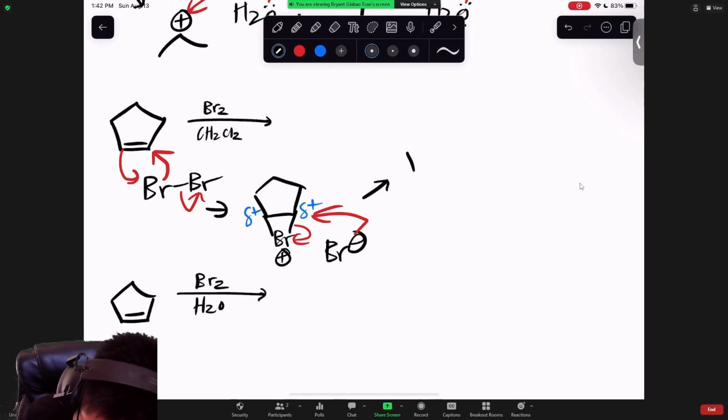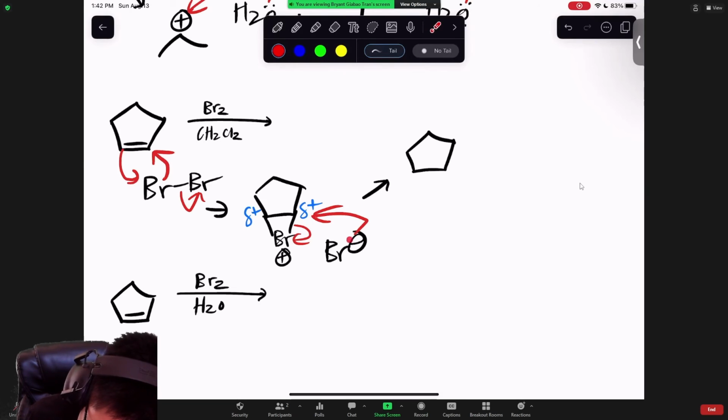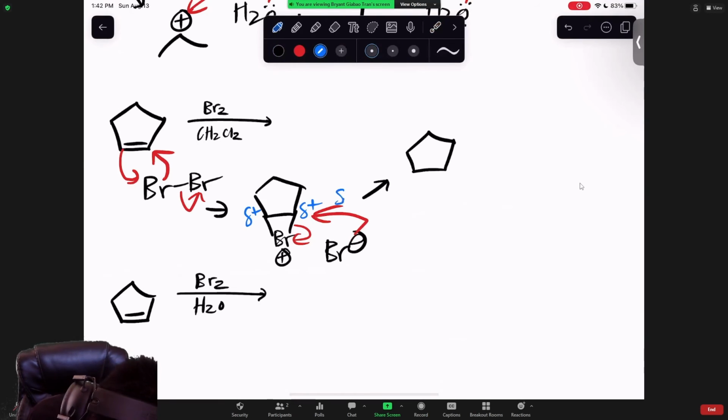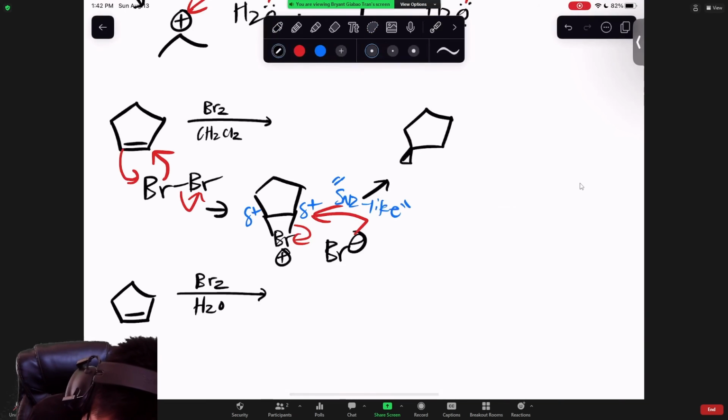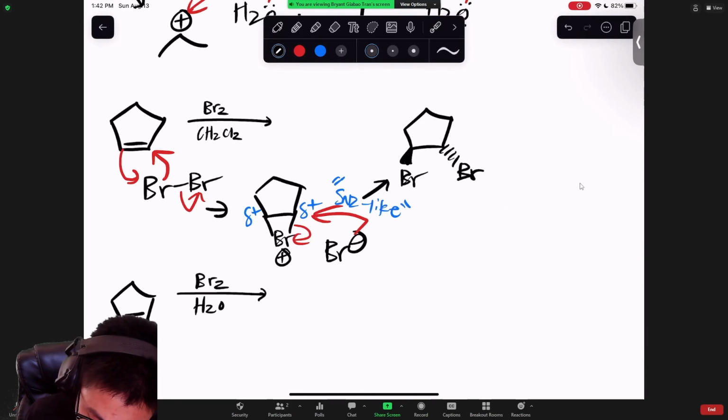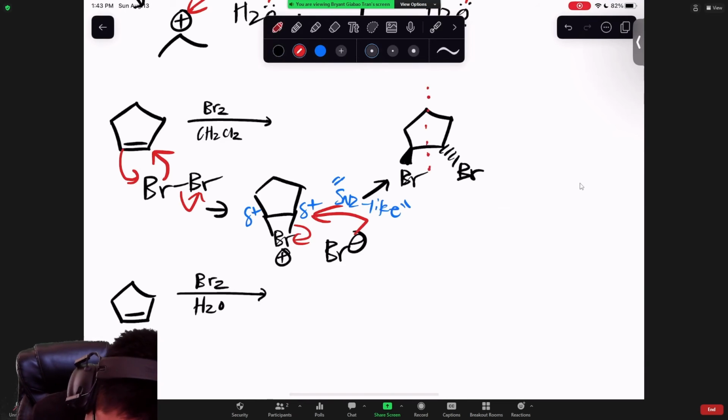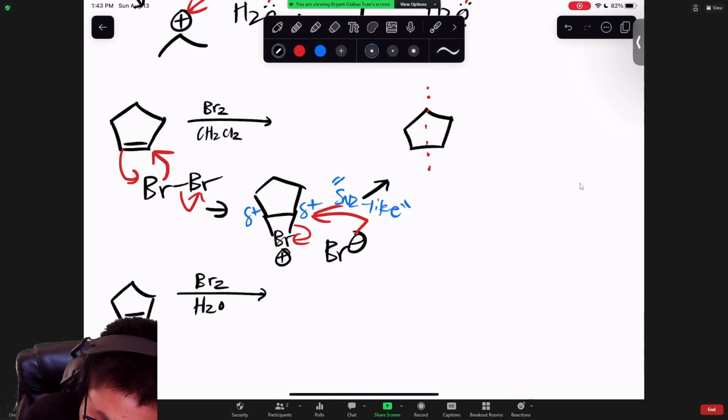And this would happen in anti-addition, where, because we see here, this attack is SN2 like, where there's a backside attack. So the bromines here would be anti to each other. Br. But in this case, we have a plane of symmetry, so we do not have to include stereochemistry in this case. But if there was chiral centers, then I would include enantiomers of the anti-product. And this is if we have non-nucleophilic